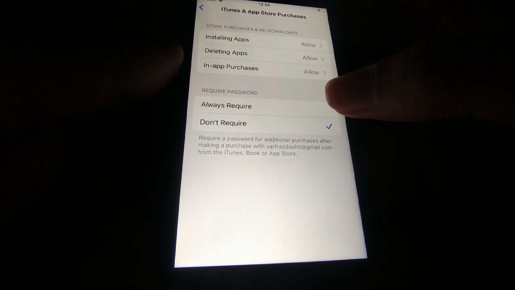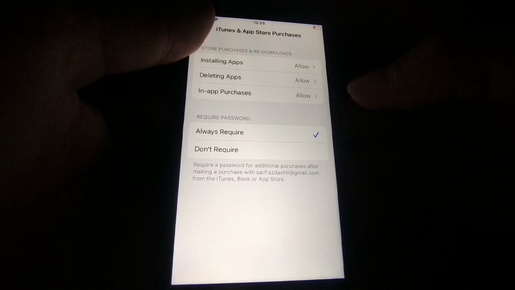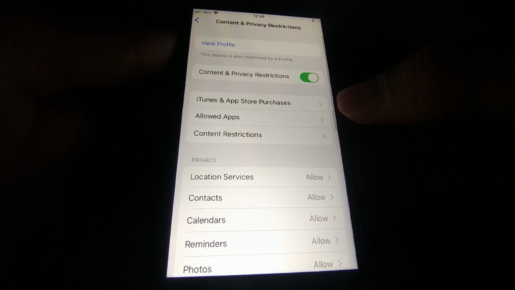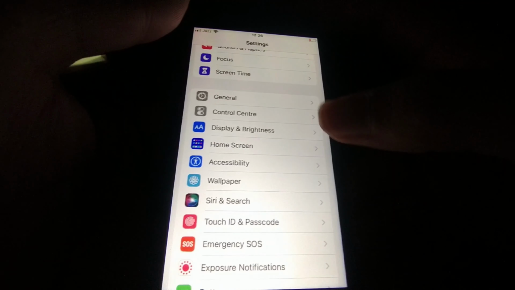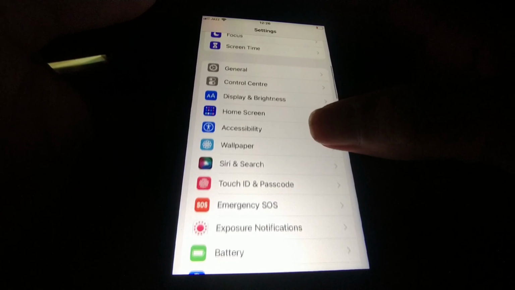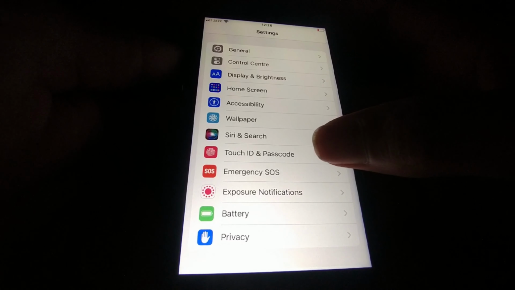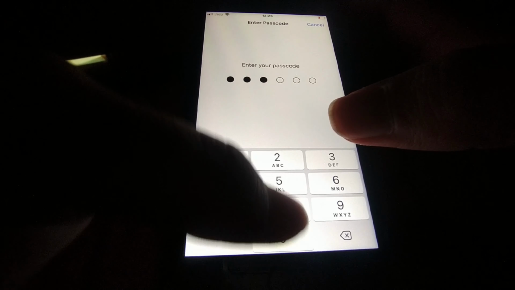Turn the toggle on here, tap on Always Require and then go back, and then go back in the Settings menu, and from here you have to search and tap on Touch ID and Passcode. Enter your passcode here,